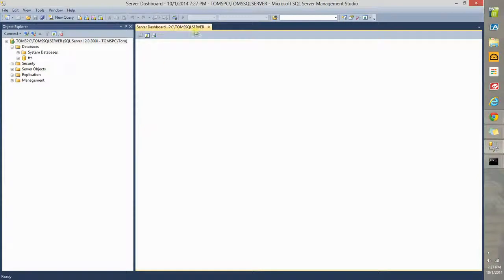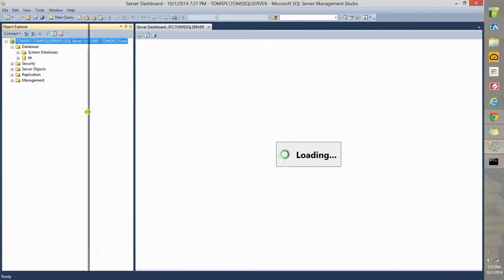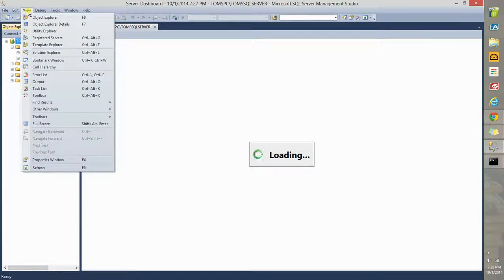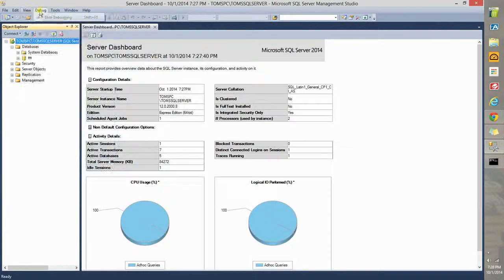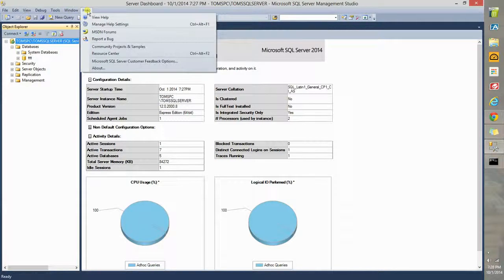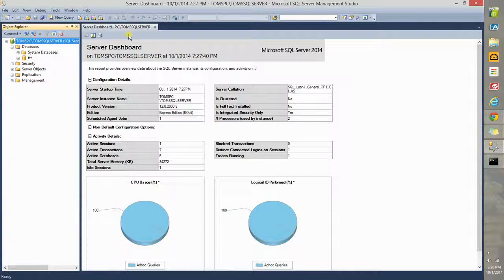Now this is known as a tabbed document because you see there's a tab up here, so it's a tabbed document. That's what it's called. And of course this is movable, as you can see. And here you have a whole strip of menu items. So you've got view. There's a great number of things that you can view, and we'll work with these. You've got tools, window, help, and so on. A really useful thing that Microsoft provides is MSDN and forums, and also if you click view help,